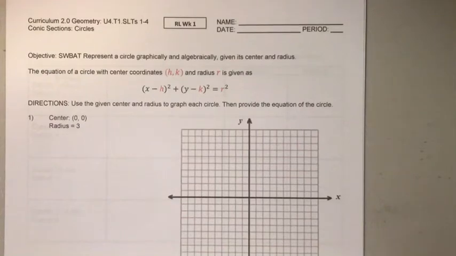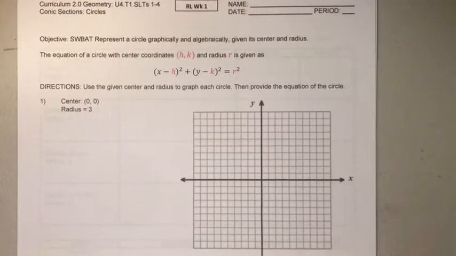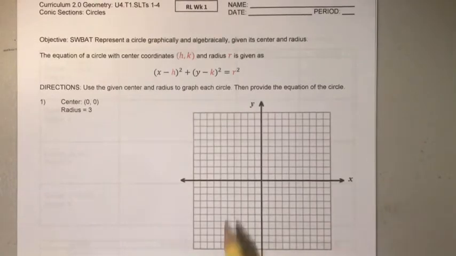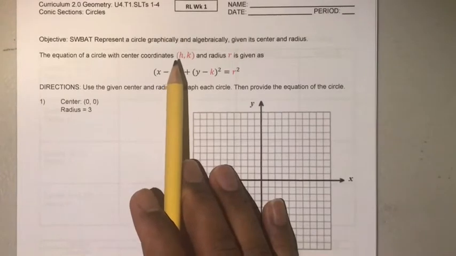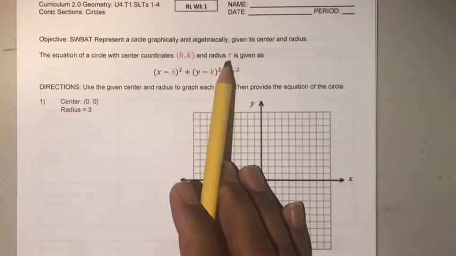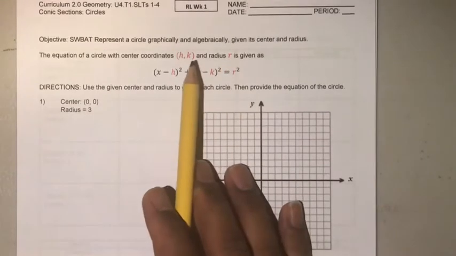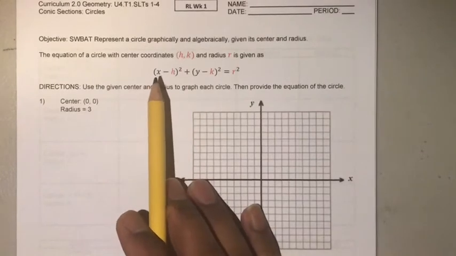All right, our objective is to represent a circle graphically and algebraically given the center and the radius. So I'm going to do an example here to illustrate this objective. Now the equation of a circle, there are two pieces of information we need: the coordinates of the center and a scalar value for the radius. And if we have those two pieces of information, we can write the equation of a circle